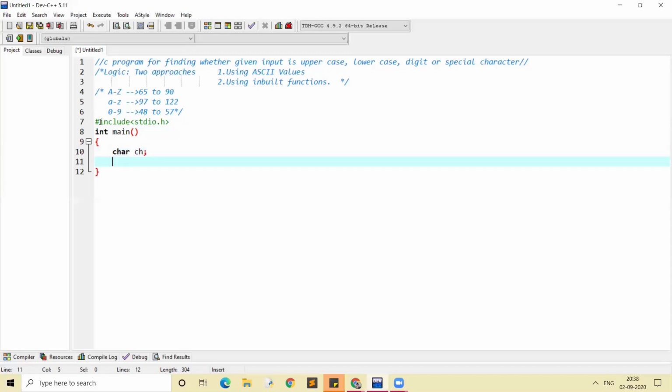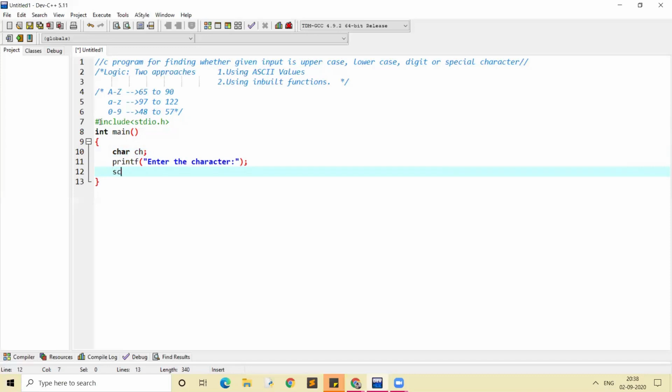Now I have to take input for ch, so I'm giving the printf statement: printf enter the character. Semicolon. And now scanf. For char data type, the format specifier is %c, comma, &ch, as we want to store the given value in ch.